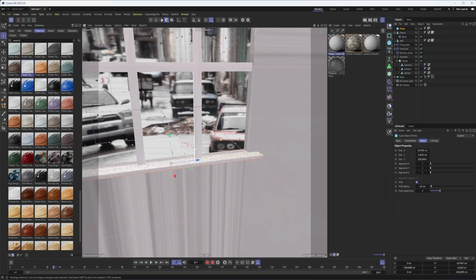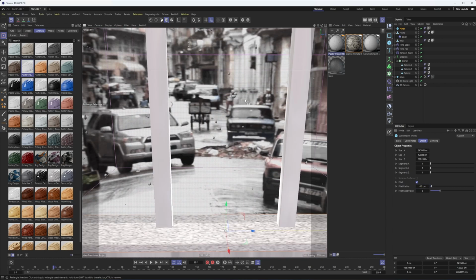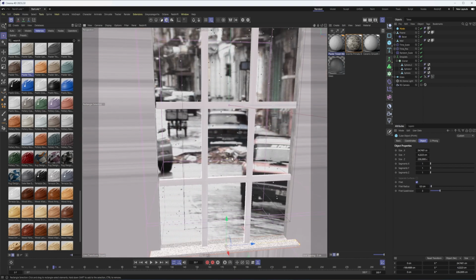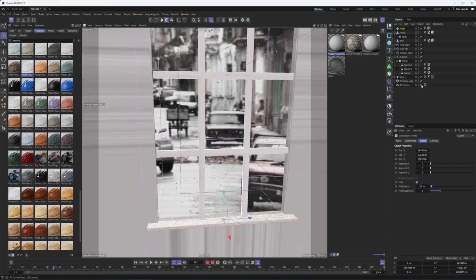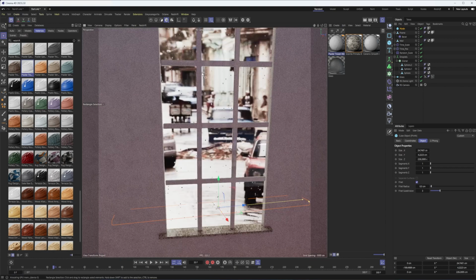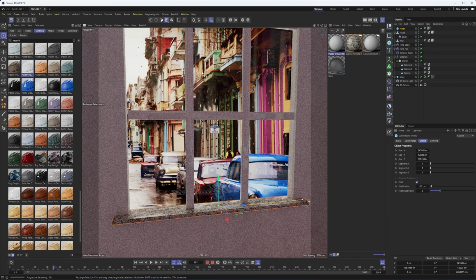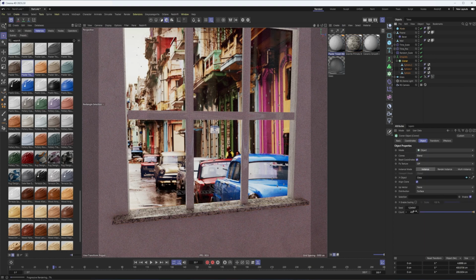Maybe 0.5. All right. Really, this shouldn't be going outside there, but we'll live with it for today. And let's kind of see where we're at with this. I think we're done with the materials and lighting. At this point, to finish this off, I'm going to increase the count substantially. So let's just do like 4,000, right?